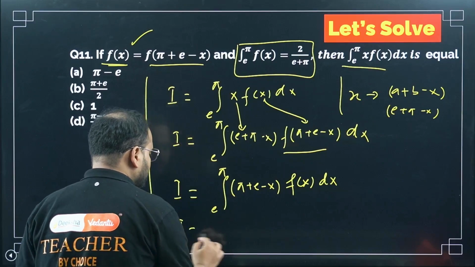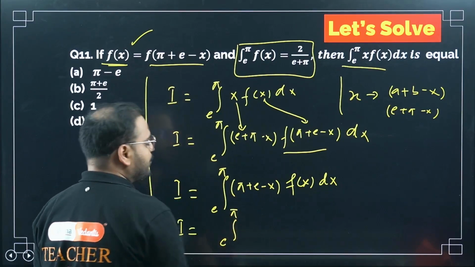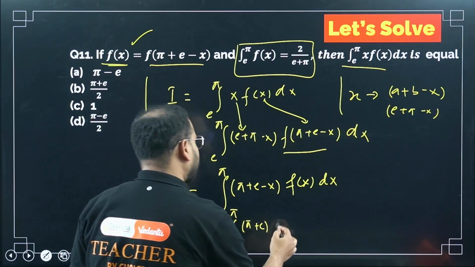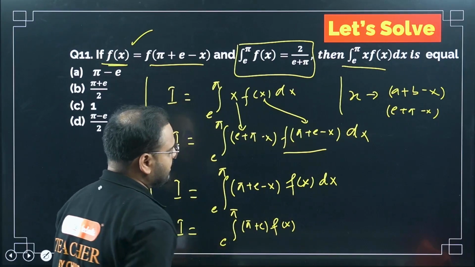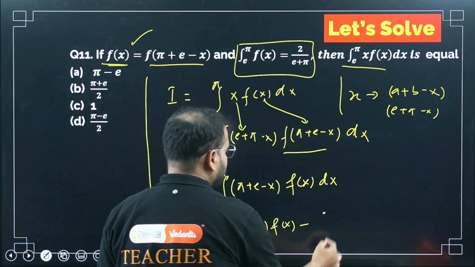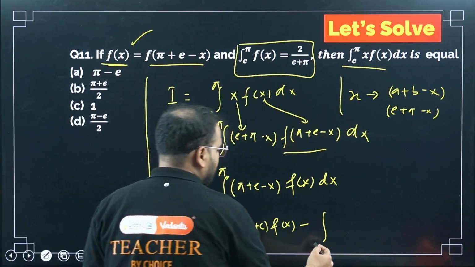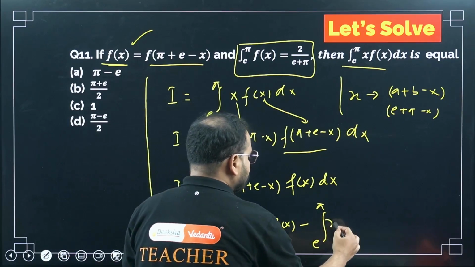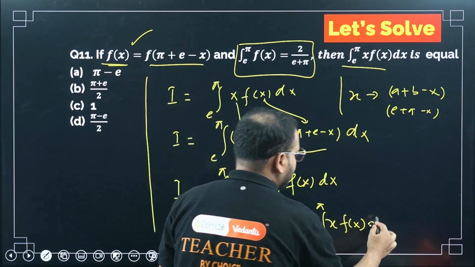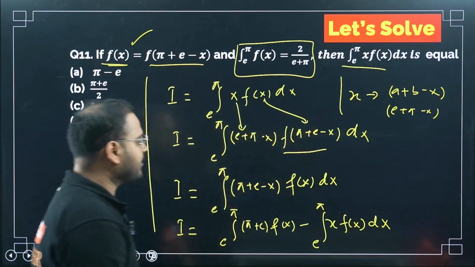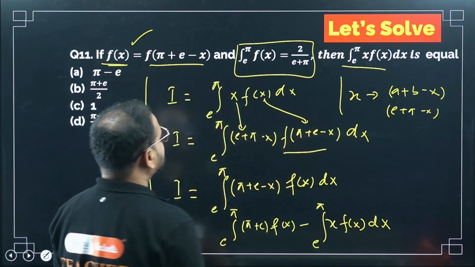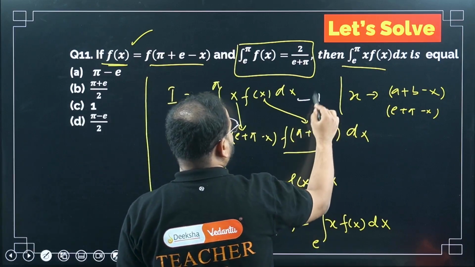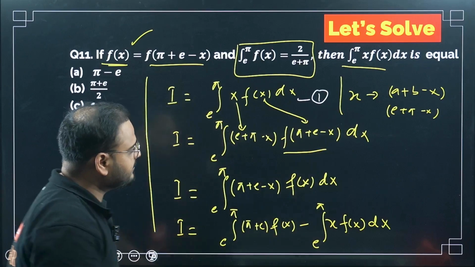So I'll get I equals to e to pi, I'll have pi plus e times of what? Times of fx. And what I get for the last part? Minus sign. The limit will again split to e to pi. Please have a look. What is going to be there? It will be x times of fx dx. If I take this part as my equation 1,